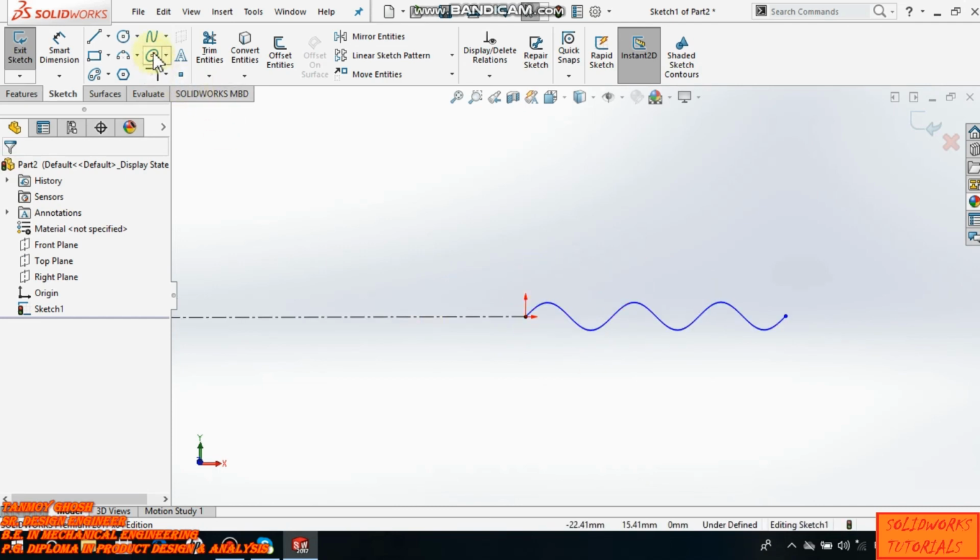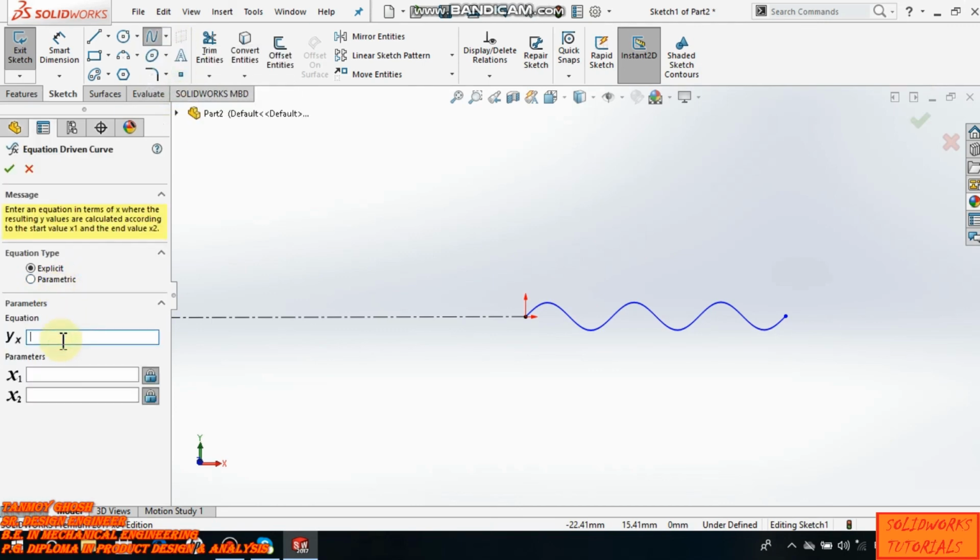If you want to draw a line through an equation, put the equation here. y equals mx plus c. Let m equal 4 times x, plus c equal to 3. Now put the limit. Sorry, I didn't put the multiplication symbol.